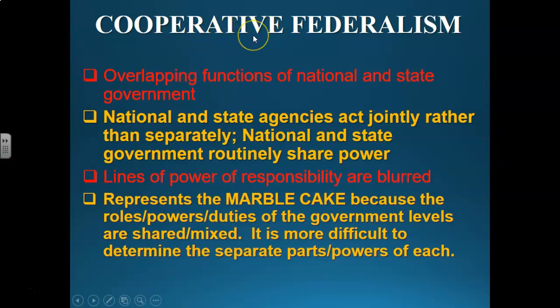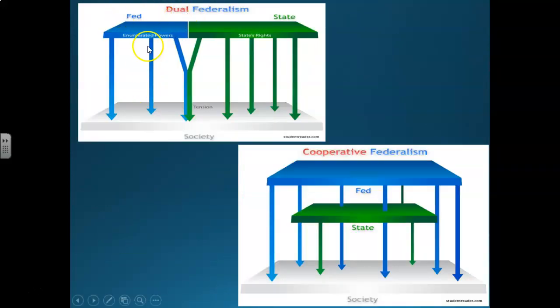Although Donald Trump is definitely moving more back toward letting states do things and getting the federal government out of things. You could argue that we might be moving back toward a dual federalism, although we haven't quite made it back yet. So those are the two types of federalism, dual and cooperative. Again, dual has very specific federal jobs and very specific state jobs, whereas in cooperative federalism, they're both doing similar things.